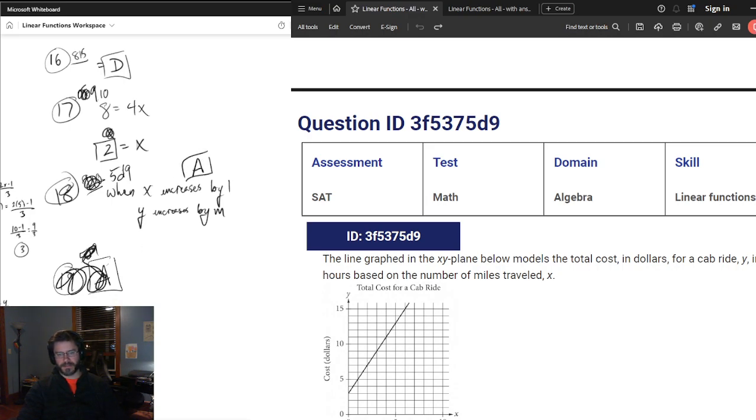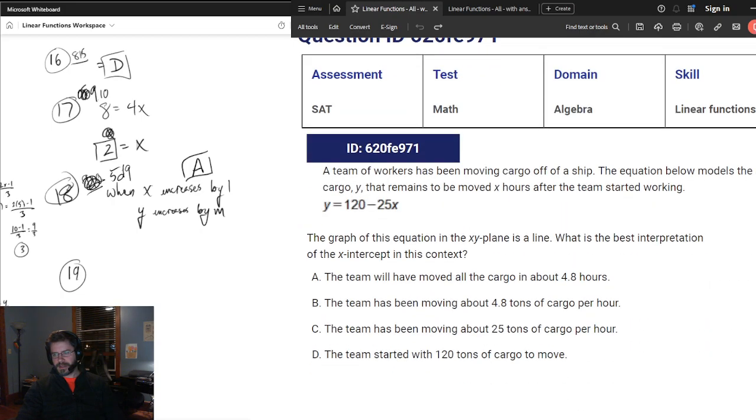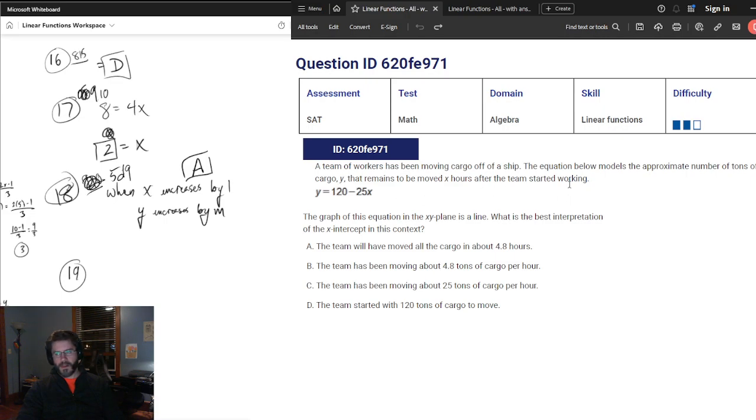Question 19. Reboot that. Question 19. Pardon my handwriting. All right, we got a word problem, kind of. All right, what do we have here? A team of workers has been moving cargo off a ship. Who cares? The equation below models the approximate number of tons of cargo, Y,